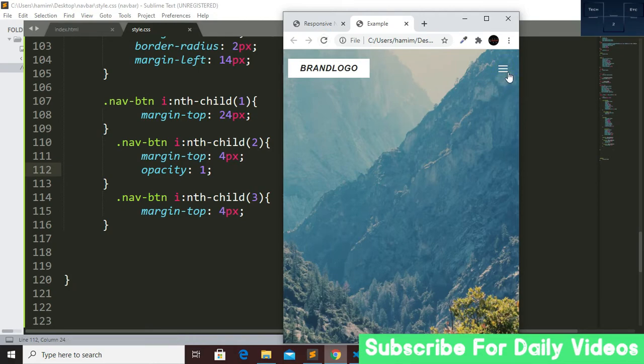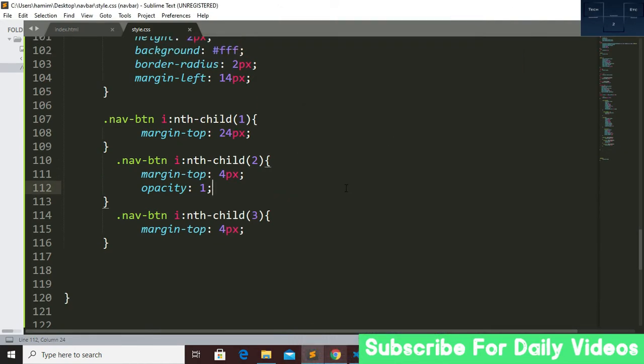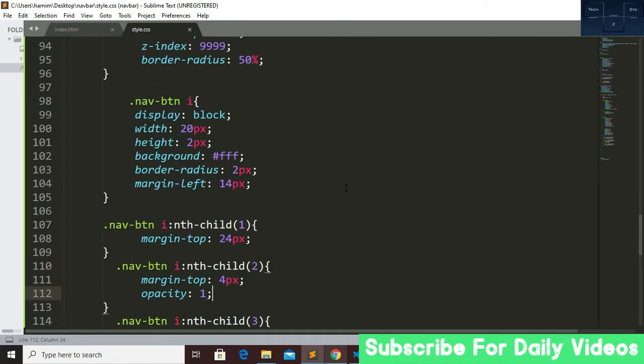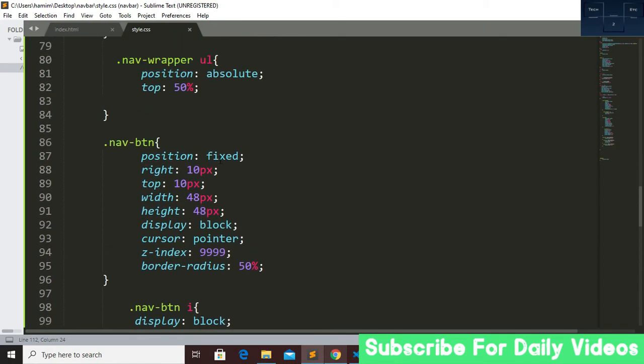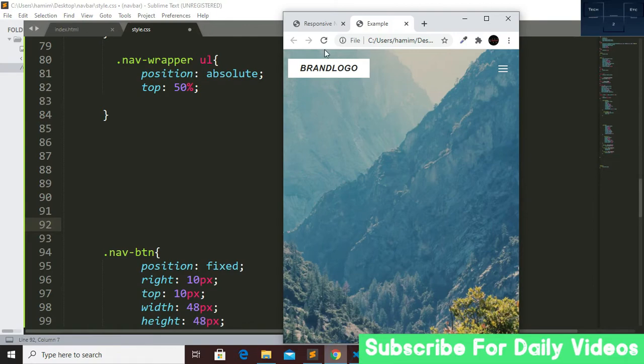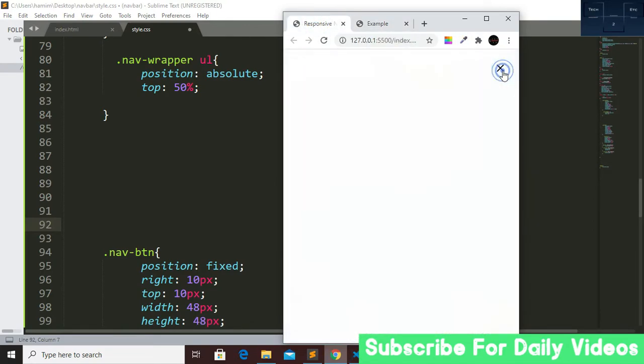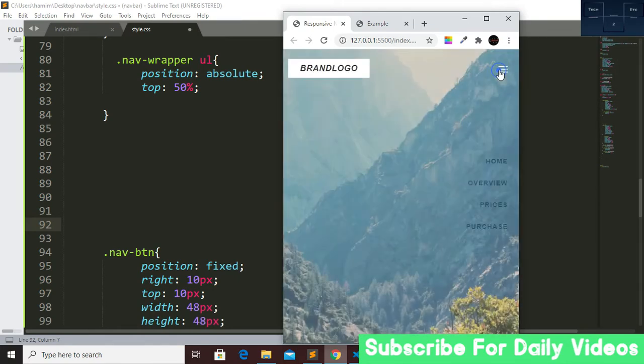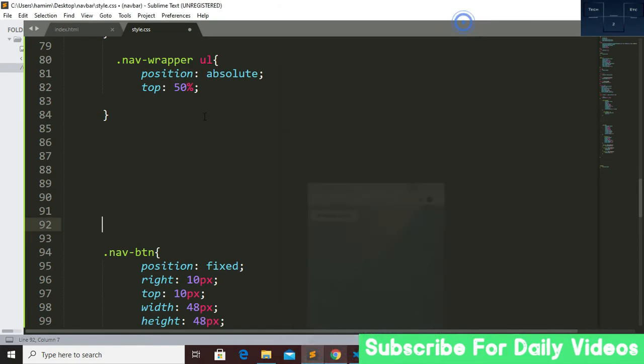Now this is our button, but when we click on this button, this is not happening yet because we don't create another white screen yet. So that's why first we have to create this white screen. So now go back to the yes button. Yeah, that's it. So now when we click on this button, I need this thing in the center, this center.